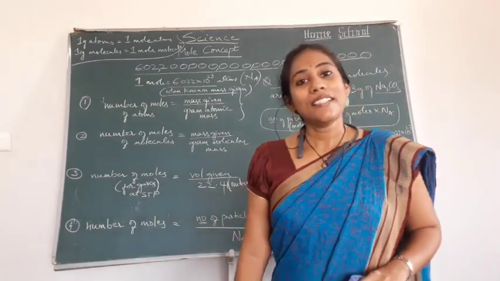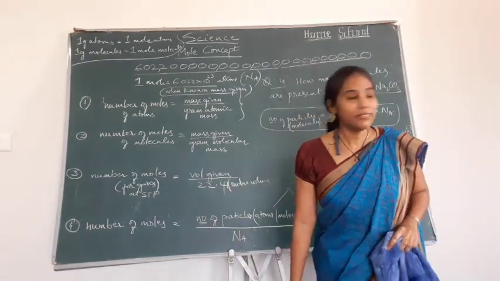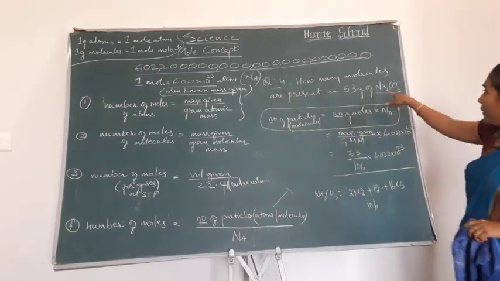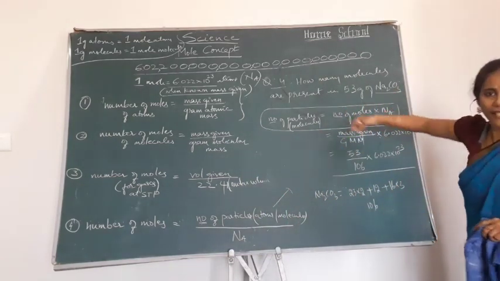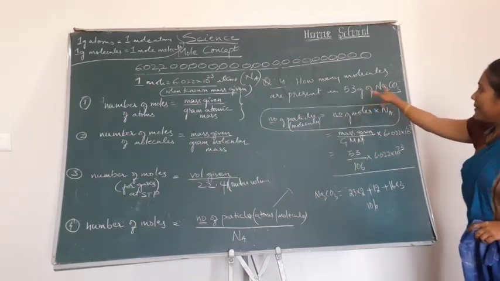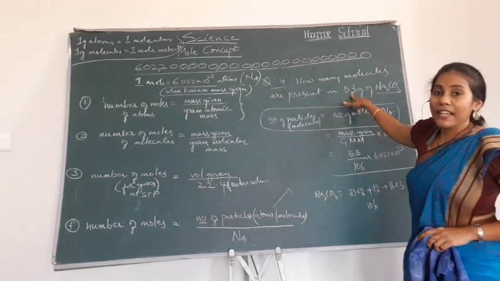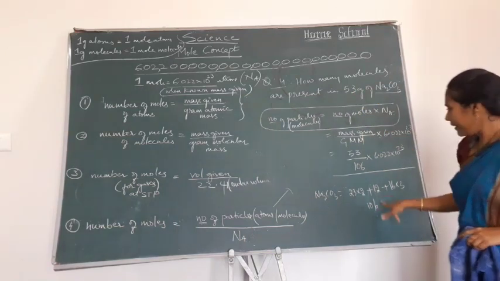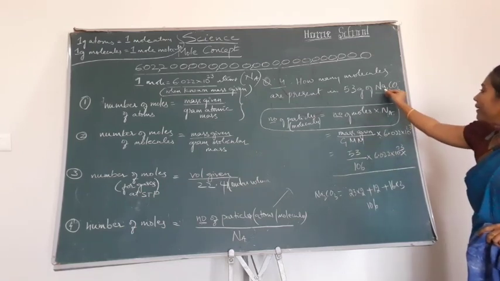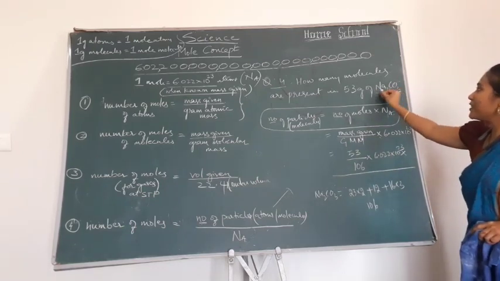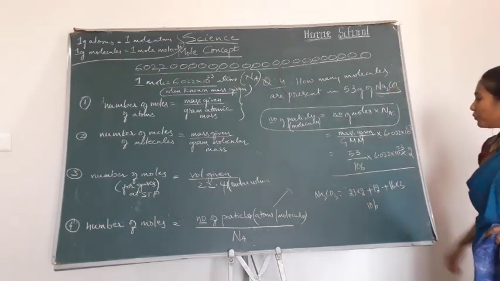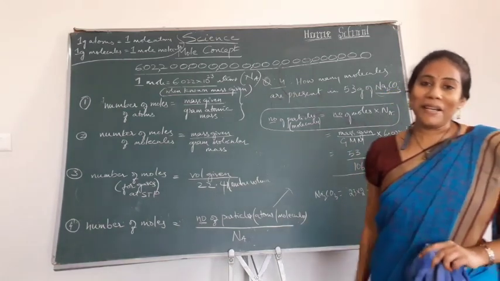Everyone, this is how you have to do. And if they have asked how many sodium atoms, here is another variation. How many sodium atoms are there in 53 grams? Then how do you do the problem? Till here it is the same thing. Here you should multiply with the number of sodium atoms. One molecule has how many sodium atoms? 2, no? So multiply with 2, you will get the number of sodium atoms.